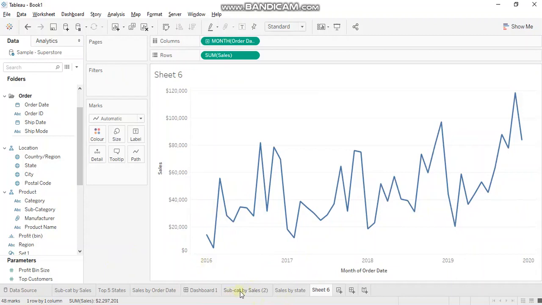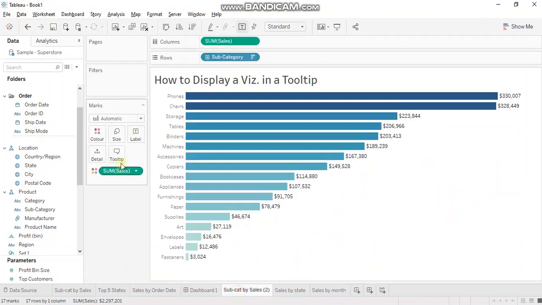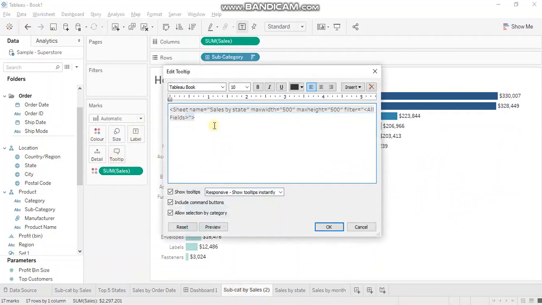Now let's go ahead and give it a name, sales by month. Now we'll go and add this to tooltip. Let's give the sheet a name first so that it adds relevance in the tooltip. So this is sales by state.